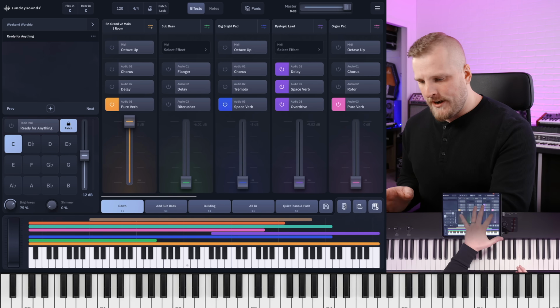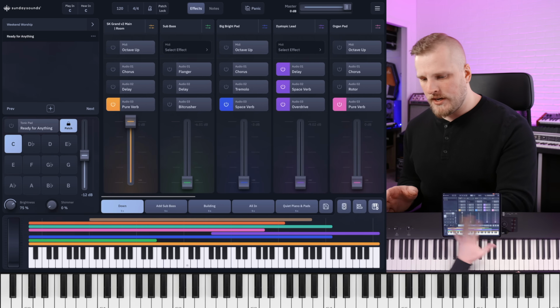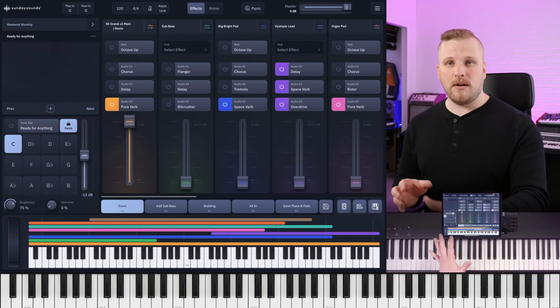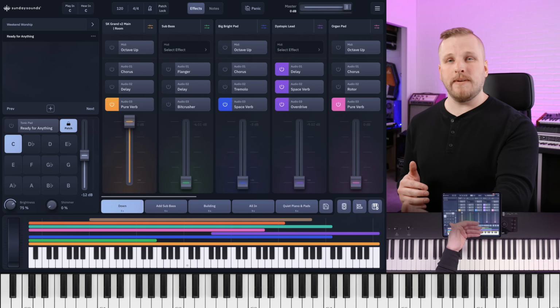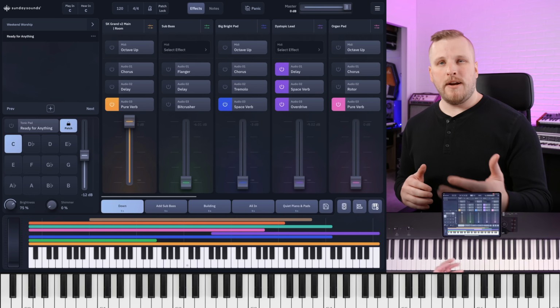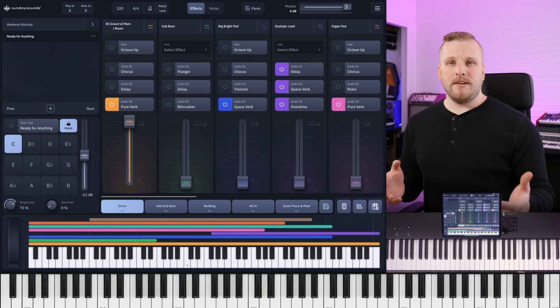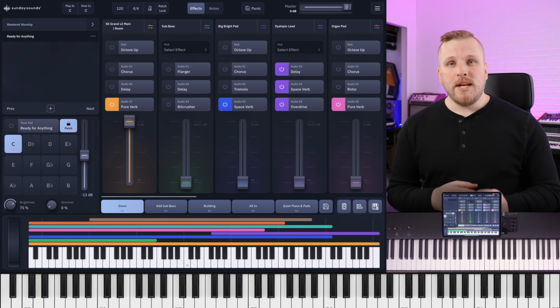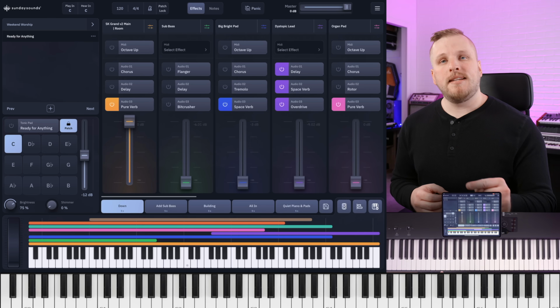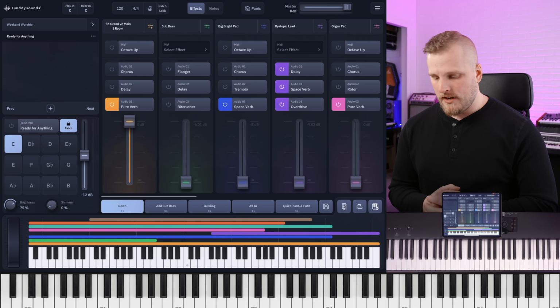So this is the Ready for Anything patch. It has 8 sounds ready to go, and it has snapshots already programmed. It's a lot of the work already done for me when I'm preparing for a lot of standard songs. But we're talking about MIDI effects today, and the real-world context that inspired this video was